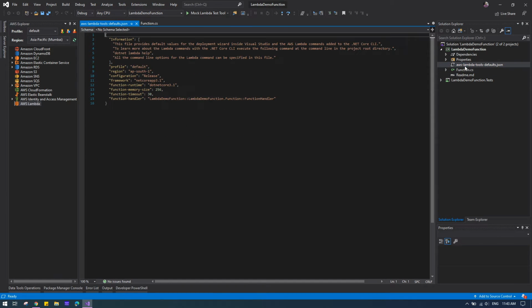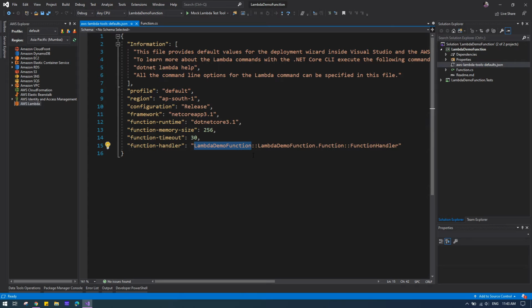I'm not changing any of the code right now, and let's see what is in the JSON file called aws-lambda-tools-defaults. This is where we mention the profile we are going to use, the region we are going to deploy to, and the build configuration. And this is a more important thing, the function handler. I hope everyone can see this one. Here we need to mention the assembly name, which is ideally the project name or solution name, whatever I gave, then the namespace, the class, and the function handler name.